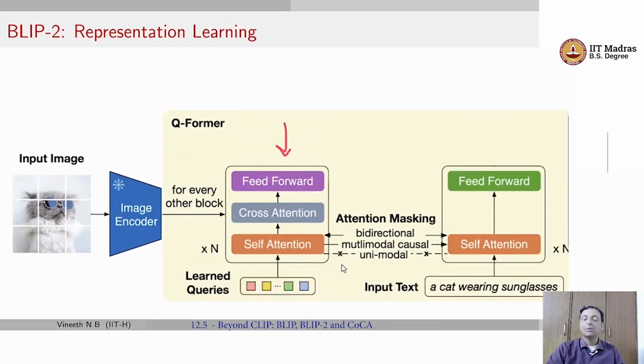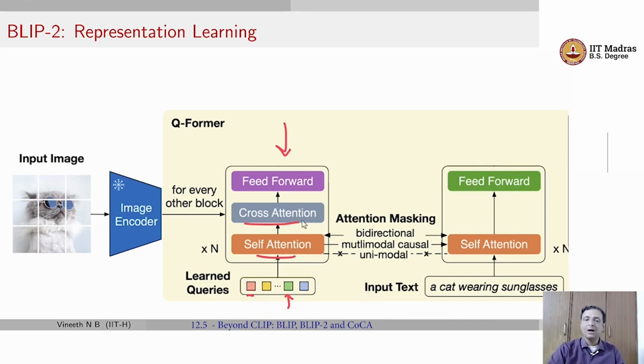So the first transformer here has a self-attention module, a cross-attention module and a feed-forward layer. It also receives a set of learnable query tokens. What do we mean by learnable query tokens? They experiment with up to 32 tokens in their empirical studies. These tokens are vectors that are pre-initialized to some values, but when the model learns, it is also updating these tokens through backprop. That's what we mean by learned queries.